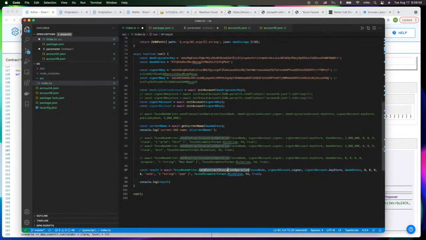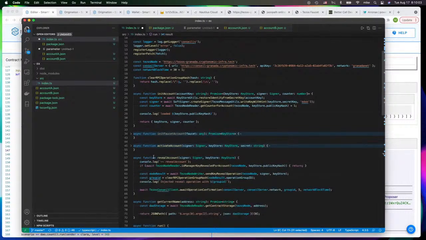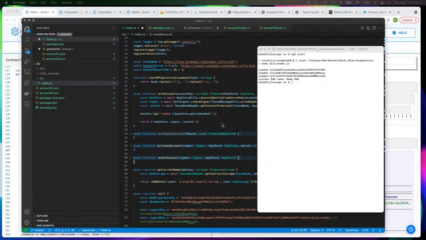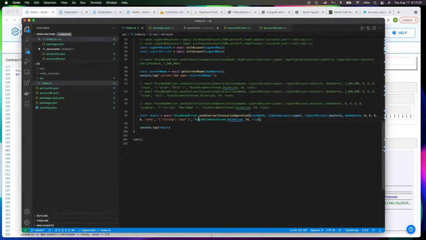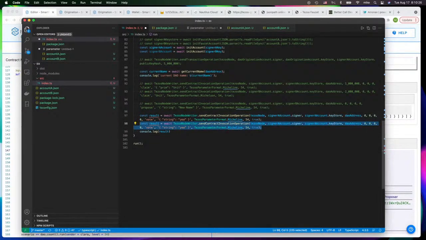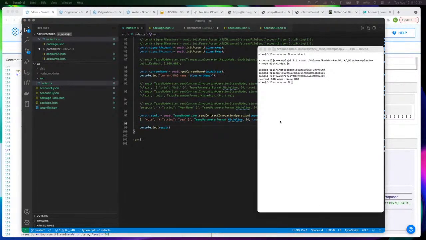So keep in mind that this invocation here is a bare invocation compared to the wrapped one that was an example here. So we're not waiting for this operation to be completed. We're just submitting it and moving on, which means that if you were to call another operation immediately after this one, this may fail because the previous operation hasn't been recorded yet and the counter has not incremented, so you're using a bad counter. And furthermore, while the operation is pending,